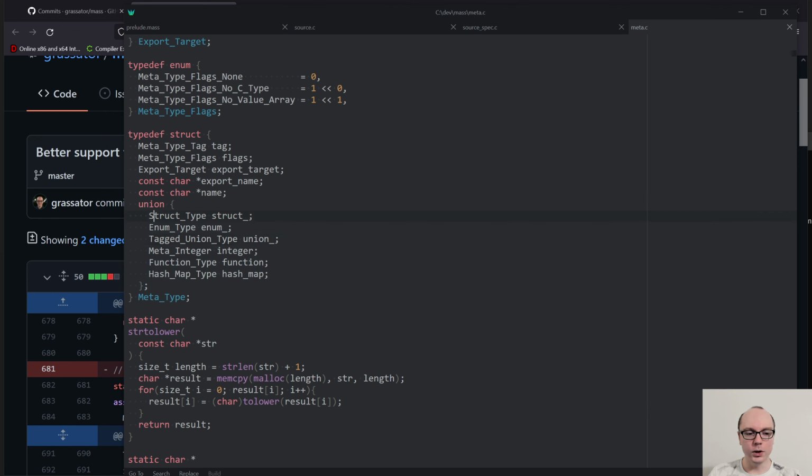The way that works is similar to how Jai does it, where these fields are just explicitly placed in the same location in the struct. So at a particular offset, we have this field and this field and this field and this field. And previously that